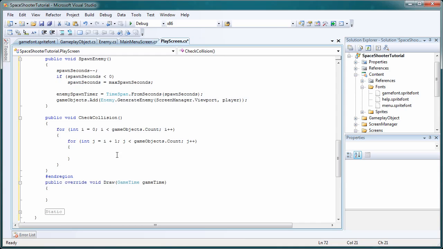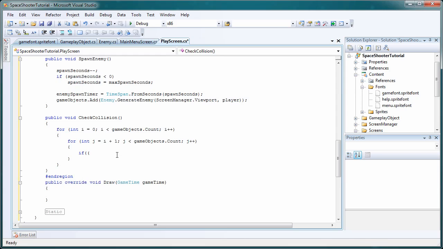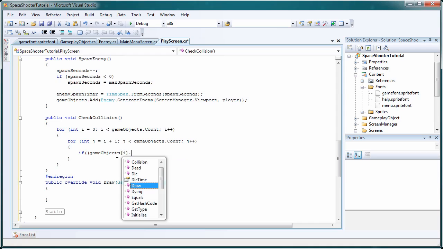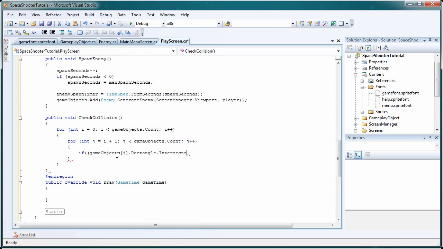Okay, so once we do that, we need to do the collision checking. So if, two opening parentheses, GameObjects[i].Rectangle.Intersects, that's a method built into the Rectangle object, and that just detects, it returns